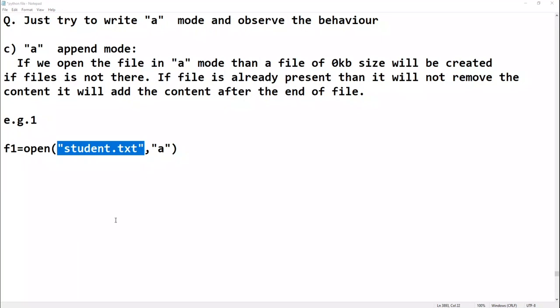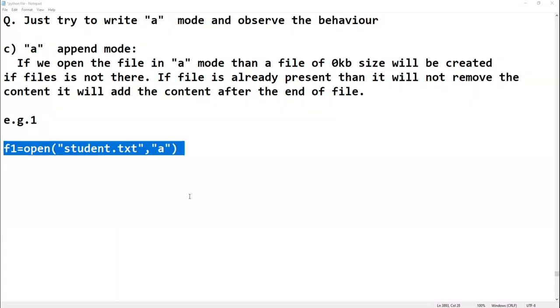Let's open the IDLE window. This is very simple, and very few functions are there in file handling. I'm telling you, it's a super easy concept. Let me write it. Okay, let's click on save. I am just saving it on the desktop, in the Python folder.